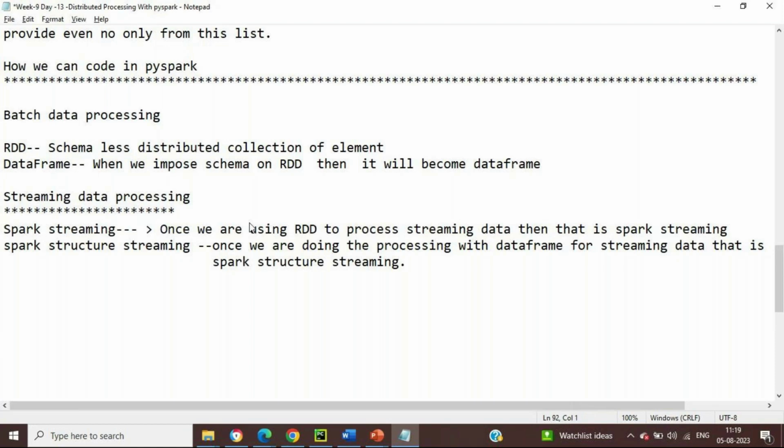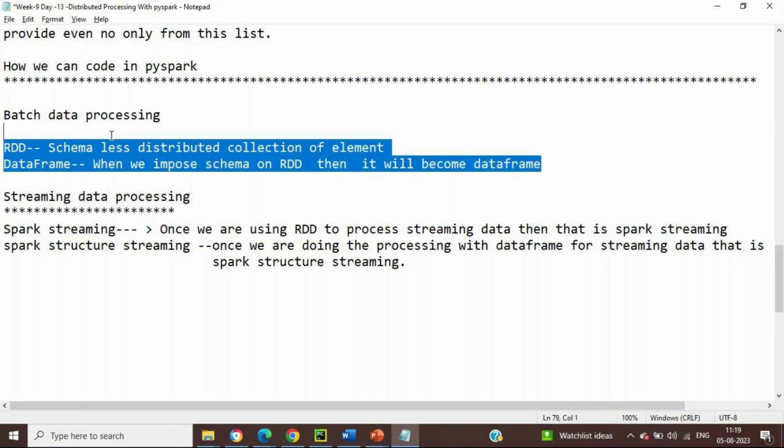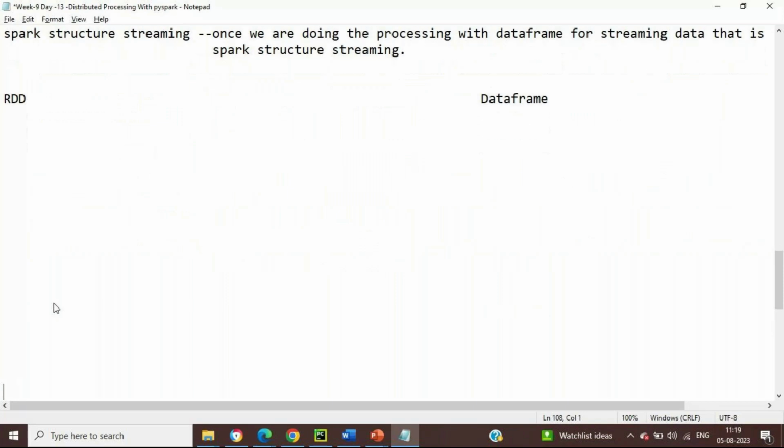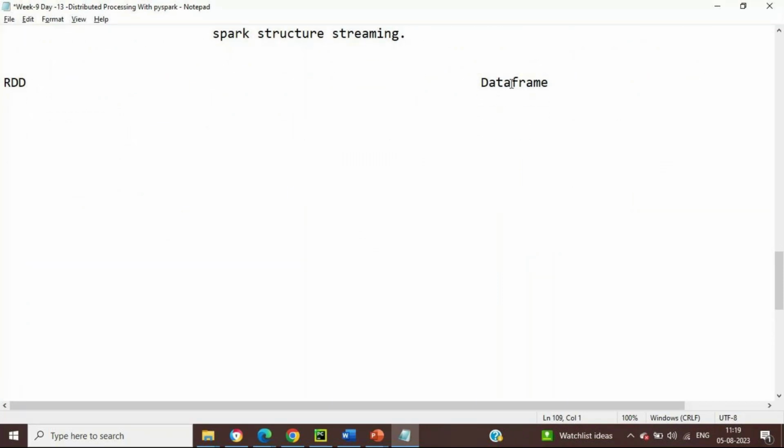First we are going to discuss batch processing. We have seen RDDs, and we also have data frames. So what is the difference between data frames and RDDs, what is the betterment given by data frames, and what is the positive point on the RDD side? We are going to see that with the differences. So if we talk about version,